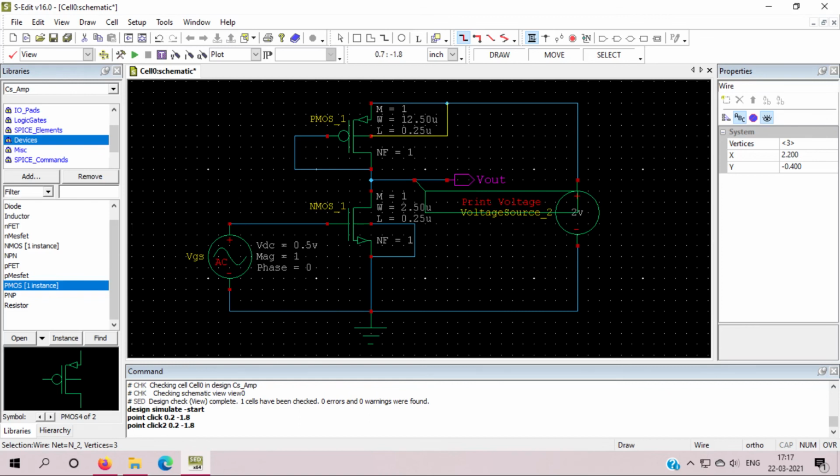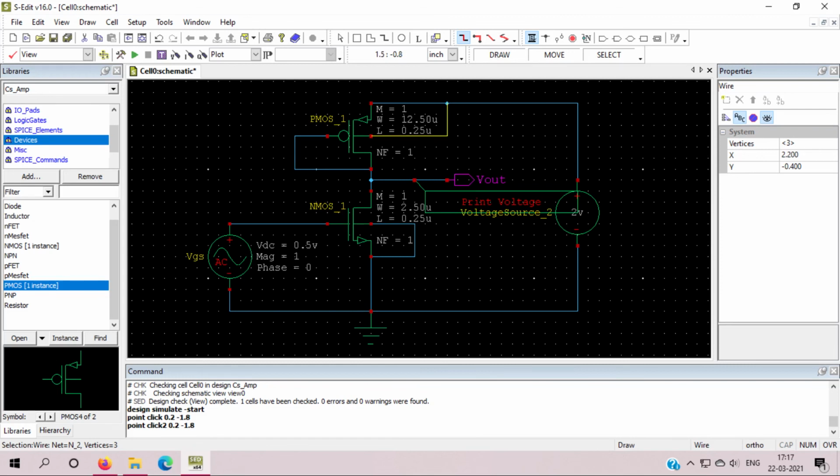Okay. So this is my common source amplifier, all types, resistive and using PMOS. Instead of PMOS, we can use NMOS also, but the body effect will come into existence in the case of NMOS. That's why we don't use NMOS here. PMOS as a resistor will work.